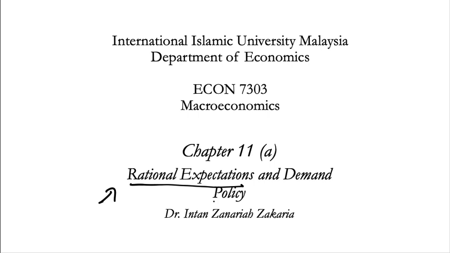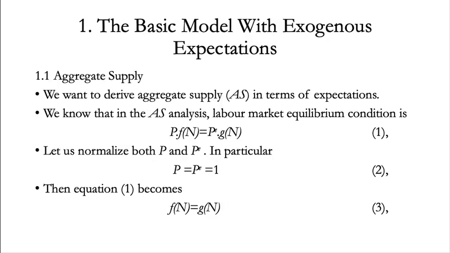When an individual tries to make a decision, he or she will decide in such a way that it usually depends on three things. Number one, his own rationality. Number two, information available to him. And number three, his own past experience, because most of the time our past experience to some extent can affect our current decision.